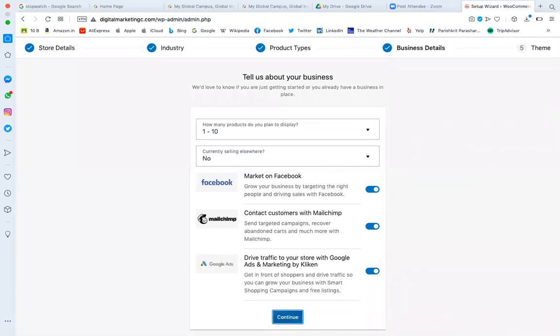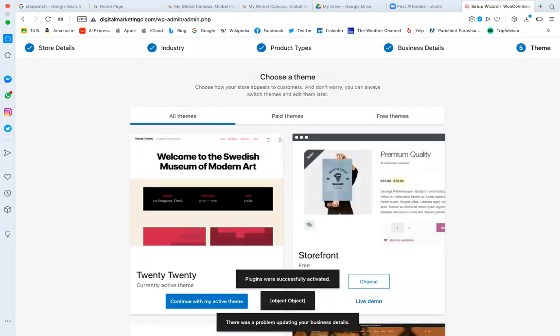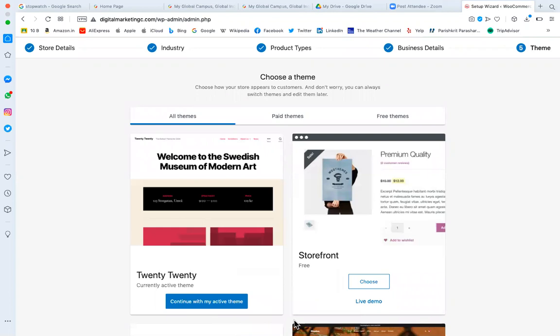WordPress is for any kind of website. You can create any kind of website there. But if you are only and only concerned about an online store, then there is another option, but that is only paid. There is no free option. You can't experiment with it for free. That is Shopify. Have you heard about Shopify? No? Shopify. So you can go and explore Shopify. Shopify is exclusively for online stores. But the minimum, I think, requires $49 per month or something. So there they will give you everything in that.